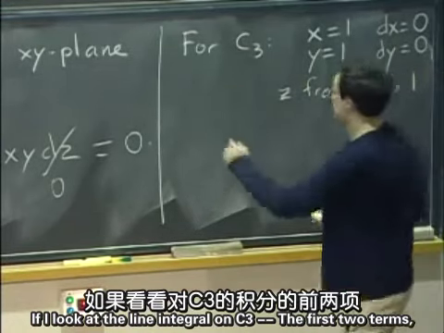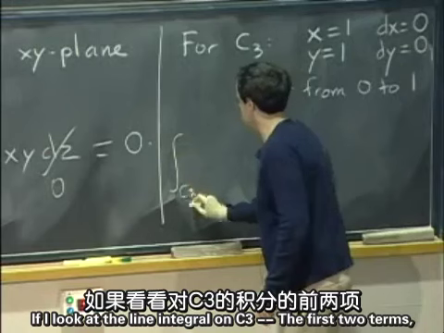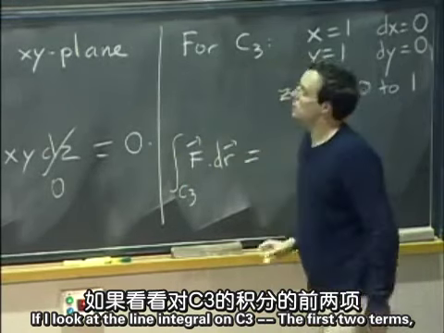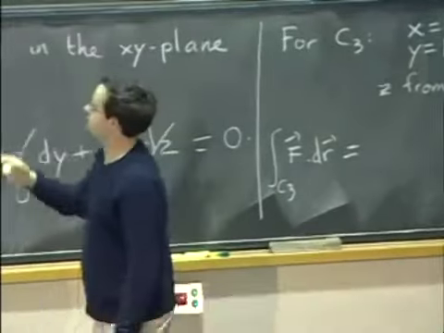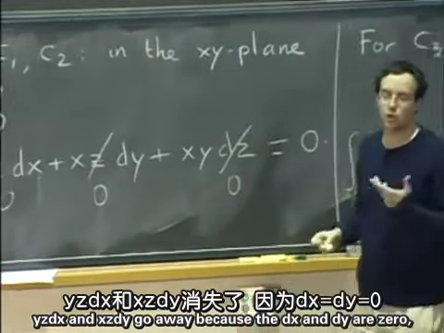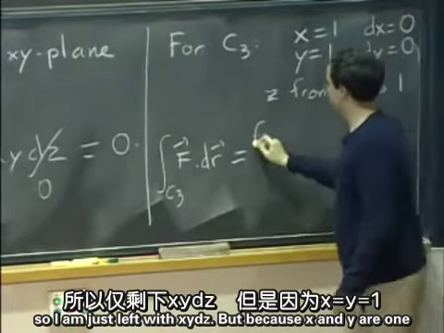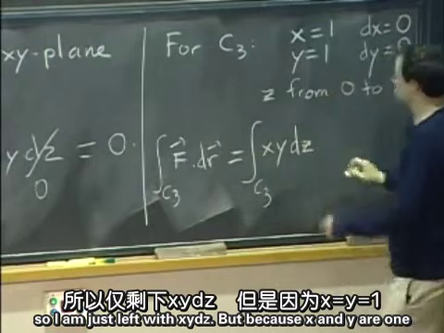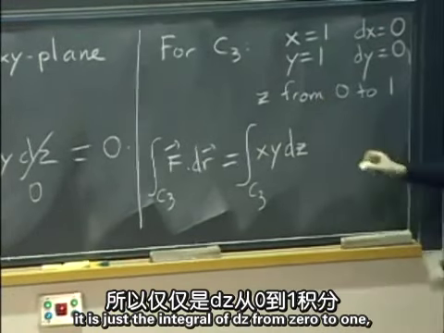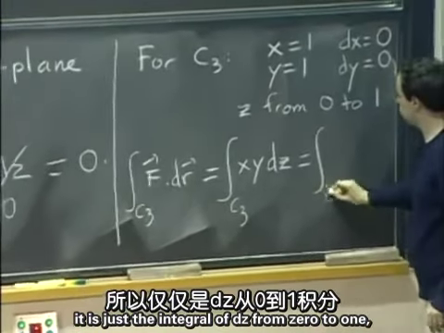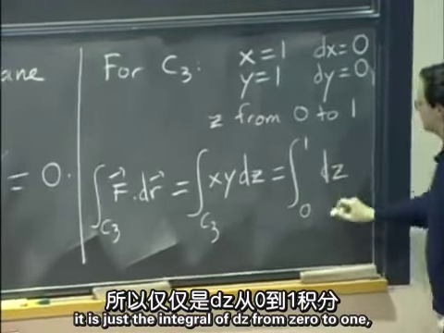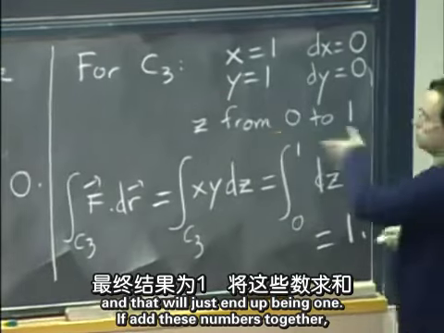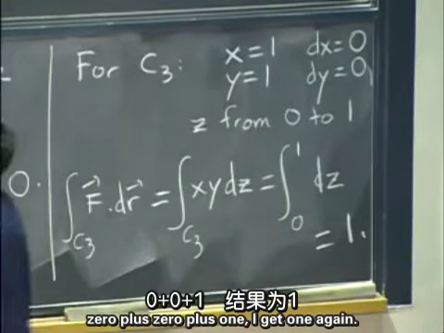So if I look at the line integral on C3, the first two terms, yz dx and xz dy, go away because dx and dy are 0, so I'm just left with xy dz. But because x and y are 1, that's just the integral of dz from 0 to 1, and that will just end up being 1. Okay, so if I add these numbers together, 0 plus 0 plus 1,